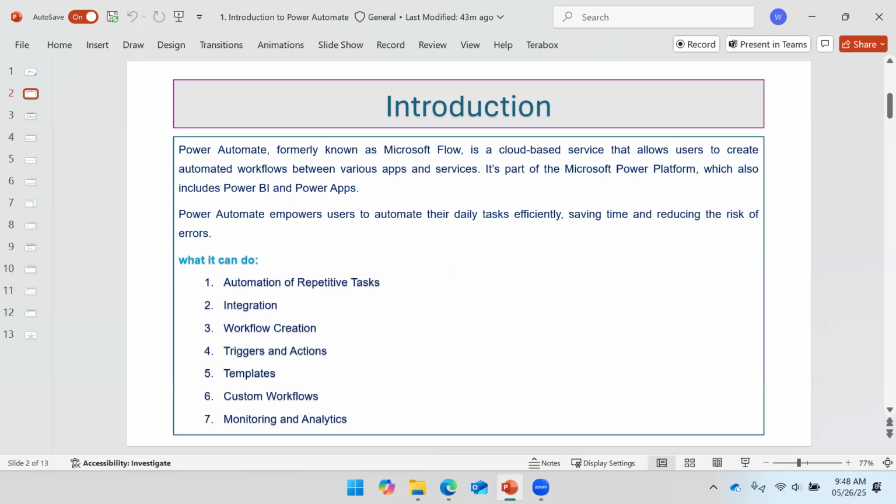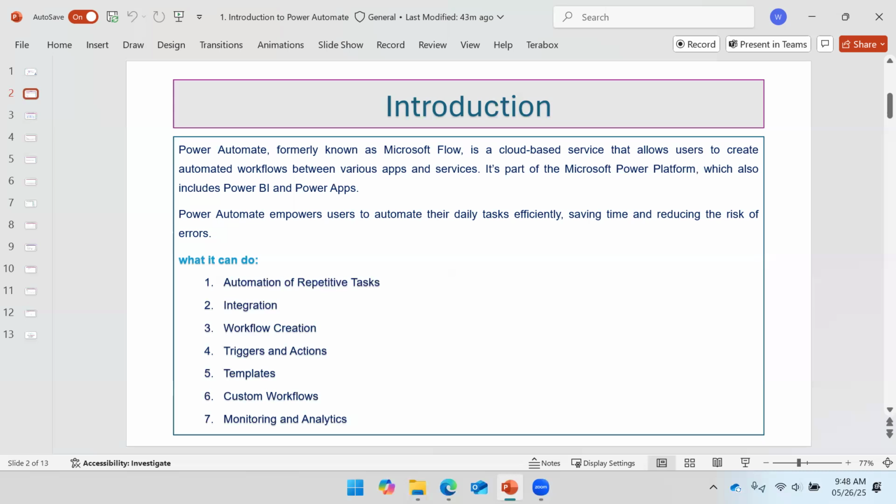For workflow creation, you can define business process flows, and you can define the triggers and actions. If some kind of event is triggered, then what action should happen? If you define that, it will work accordingly. There are already prepared templates that you can use. Ready-made templates are available if you want to save files from email to your OneDrive. You find one template, simply define the connections, give the credentials, and then